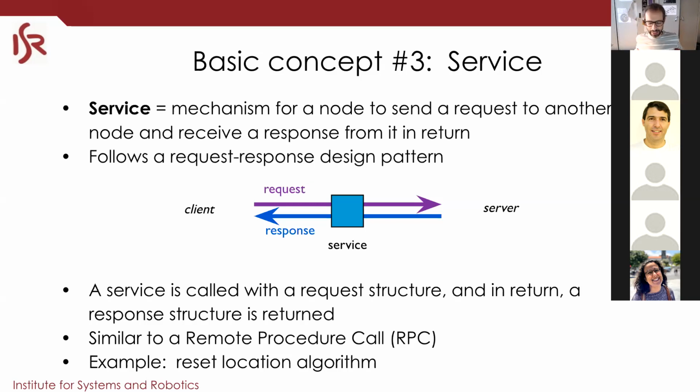That comparison is a little bit dangerous because, in fact, by default the topics use TCP also. But it's true that for topics you won't have any guarantee that the messages are received.